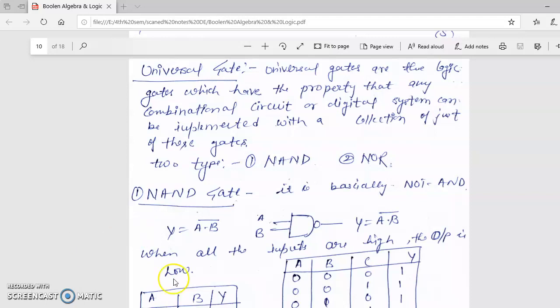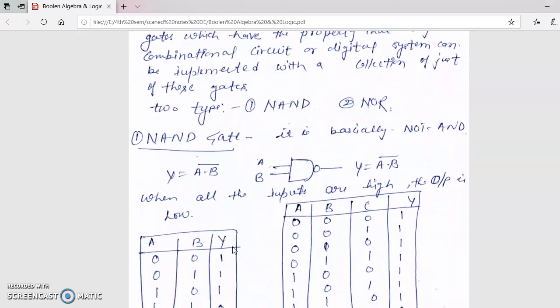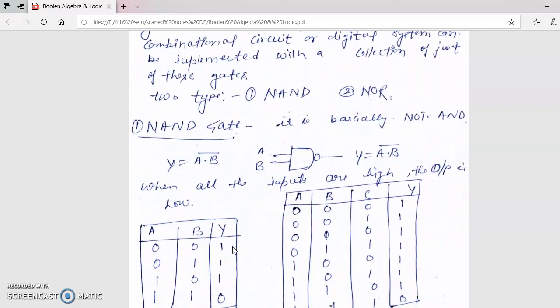Okay, let's start with the NAND gate. NAND gate is the combination of NOT plus AND gate. The symbol used in this gate is the AND gate, but with a NOT gate, and the NOT gate is shown by a bubble at the end point. So we use a bubble at the end point of the AND gate, and this symbol is now called the symbol of the NAND gate. See here, this is the two input NAND gate with inputs A and B, and this is the bubble. It represents the NOT gate, and this represents the AND gate. The combination of these two gates, that is NOT plus AND gate, is called the NAND gate.